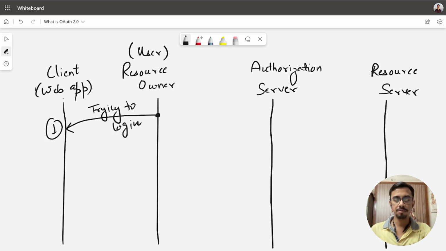The second step here would be that, because a user wants to log in using Google, the client will have to request an access token, right? Because the client here will be seeking data from the resource server. But because this data is protected, we need something that will validate the user.